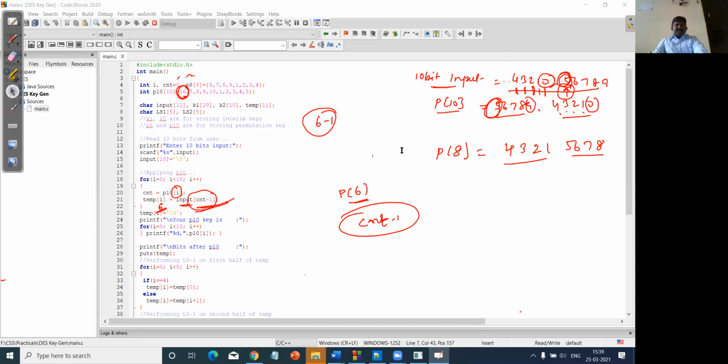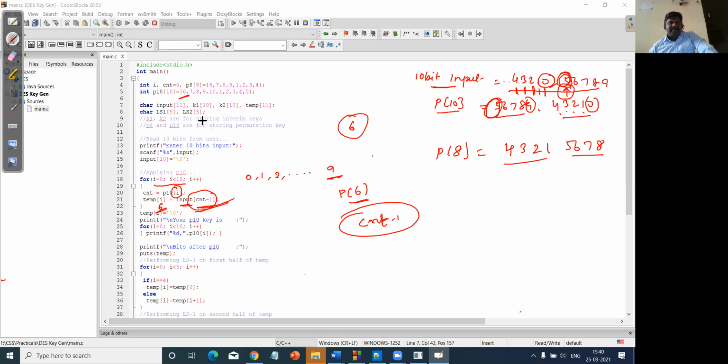Input of cnt minus 1: in the permutation, the element position is 6, right? But in the input, here I am initializing the I value equal to 0 to less than 10, which will start from 0 1 2 till 9, 10 bits.